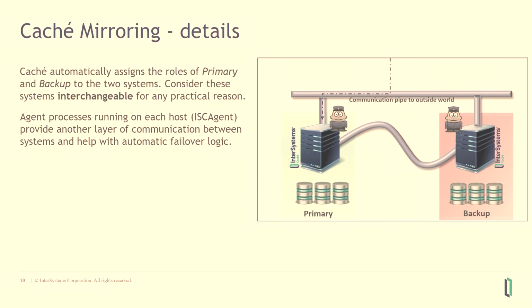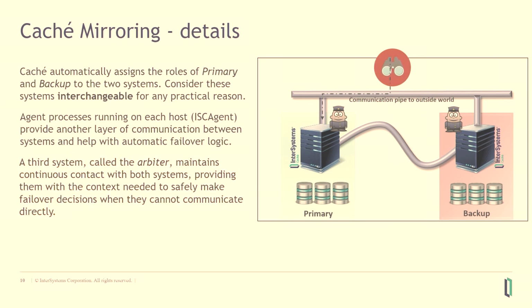And the way we detect failures, on each and every one of those systems, we have an agent running. So there's a watchdog. There's constant network connectivity between the two, going back and forth, making sure, depending on the parameters that you set, the quality of service that you set, that they're both alive and the backup is still the backup and the primary is still the primary. But as long as there are only two systems, you can always run into a scenario where they both think that they are the primary.